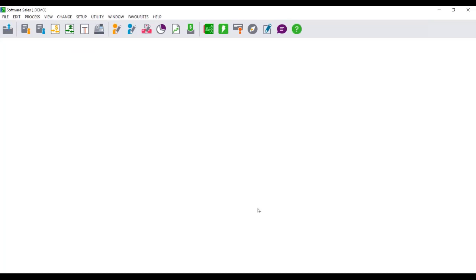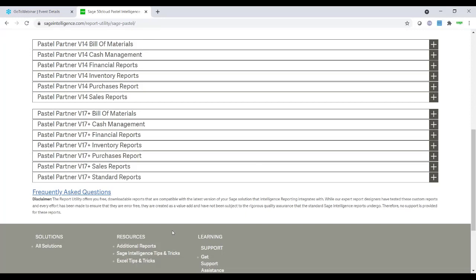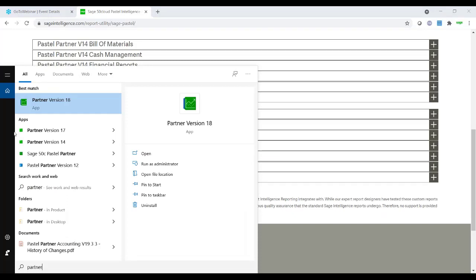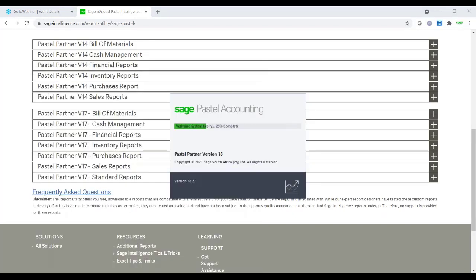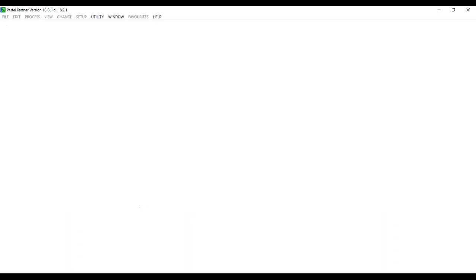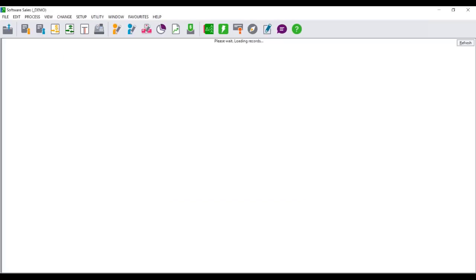Then guys, I just need to open my partner again because I've been asked with regards to out of period processing. They just want to see how that actually looks and what can you do to avoid that. So there are things you can do to avoid out of period processing. But what normally happens as soon as I'm in my company is you should get a message. And guys, a lot of the time, if you don't, it's normally with importing, but also if you're very busy, a lot of the time we tend to tab. I myself, while processing manually, have caused out of period processing just when testing stuff, not for an actual client,